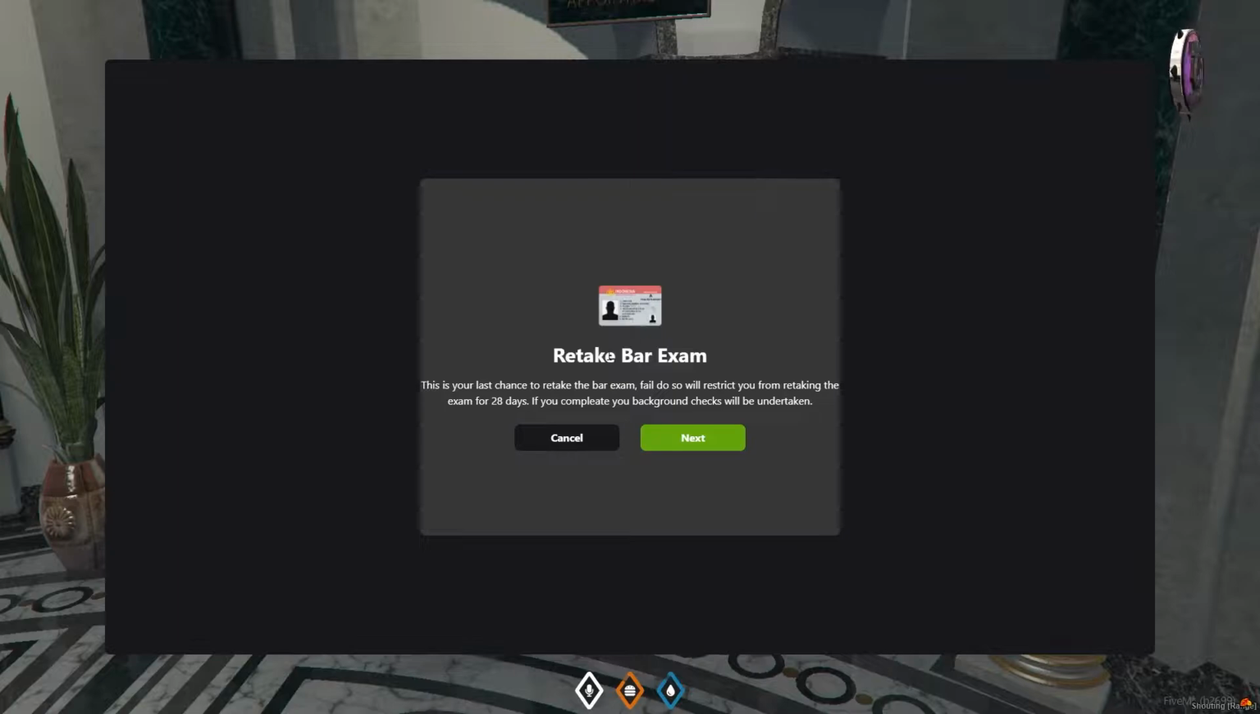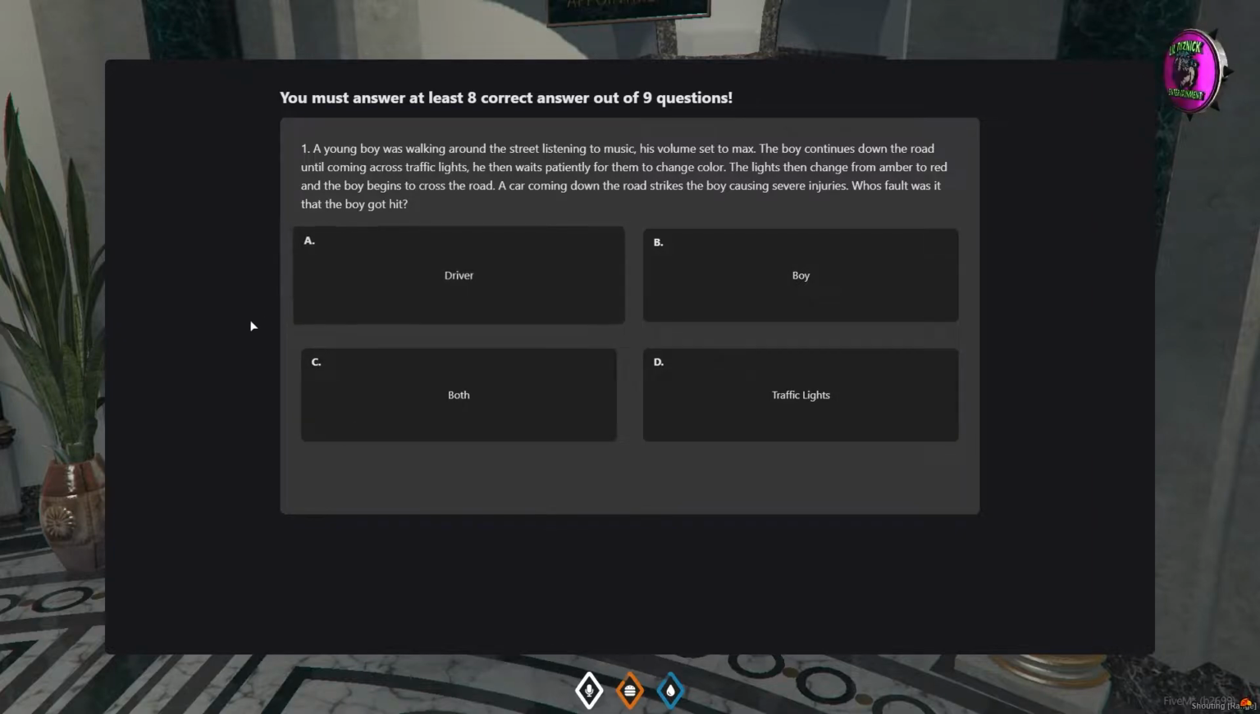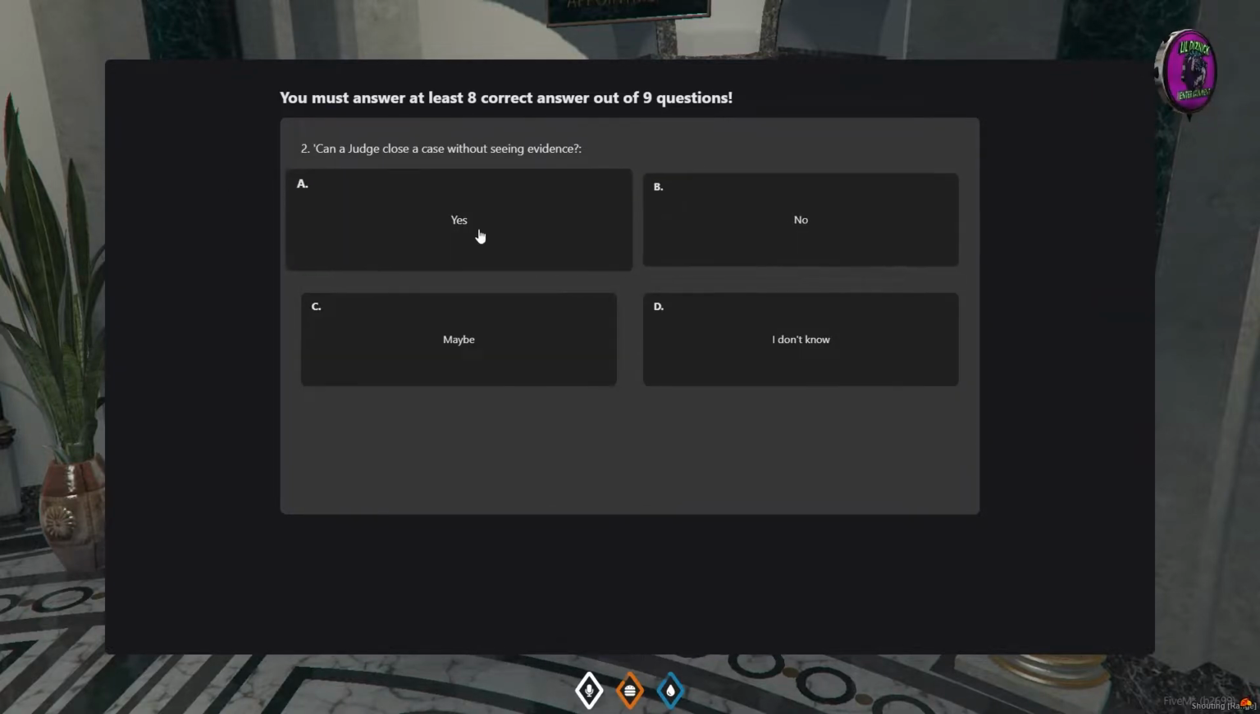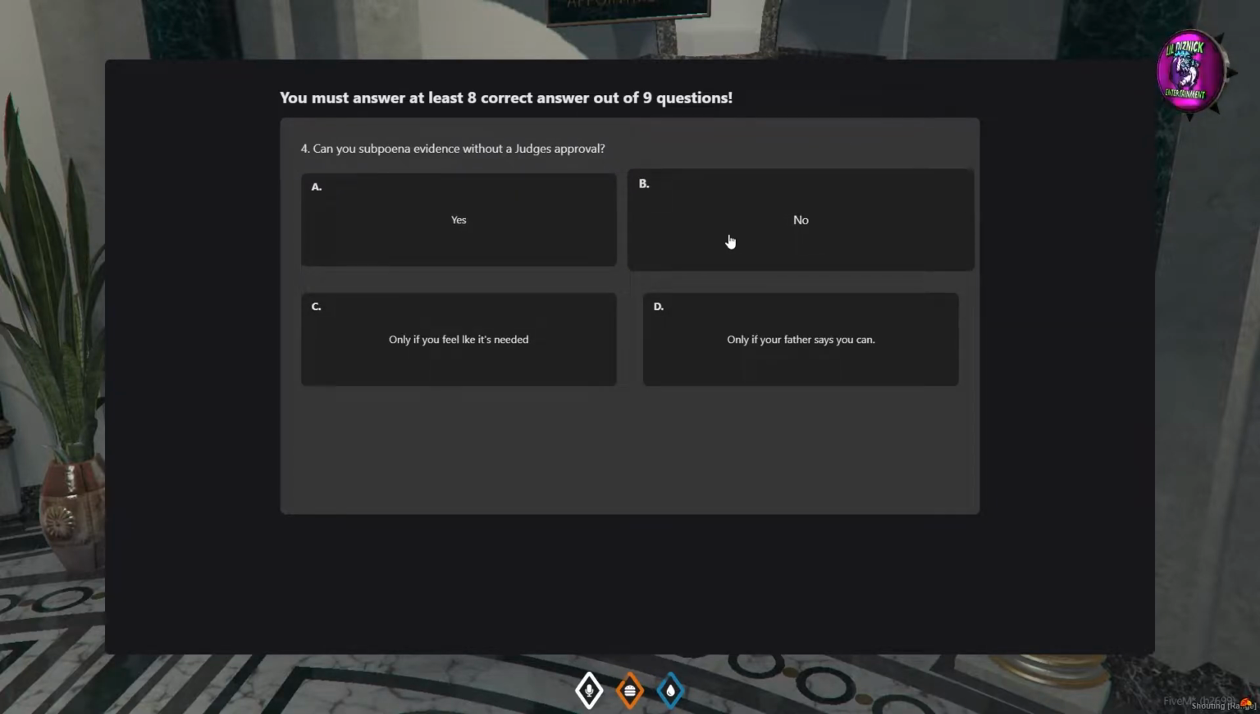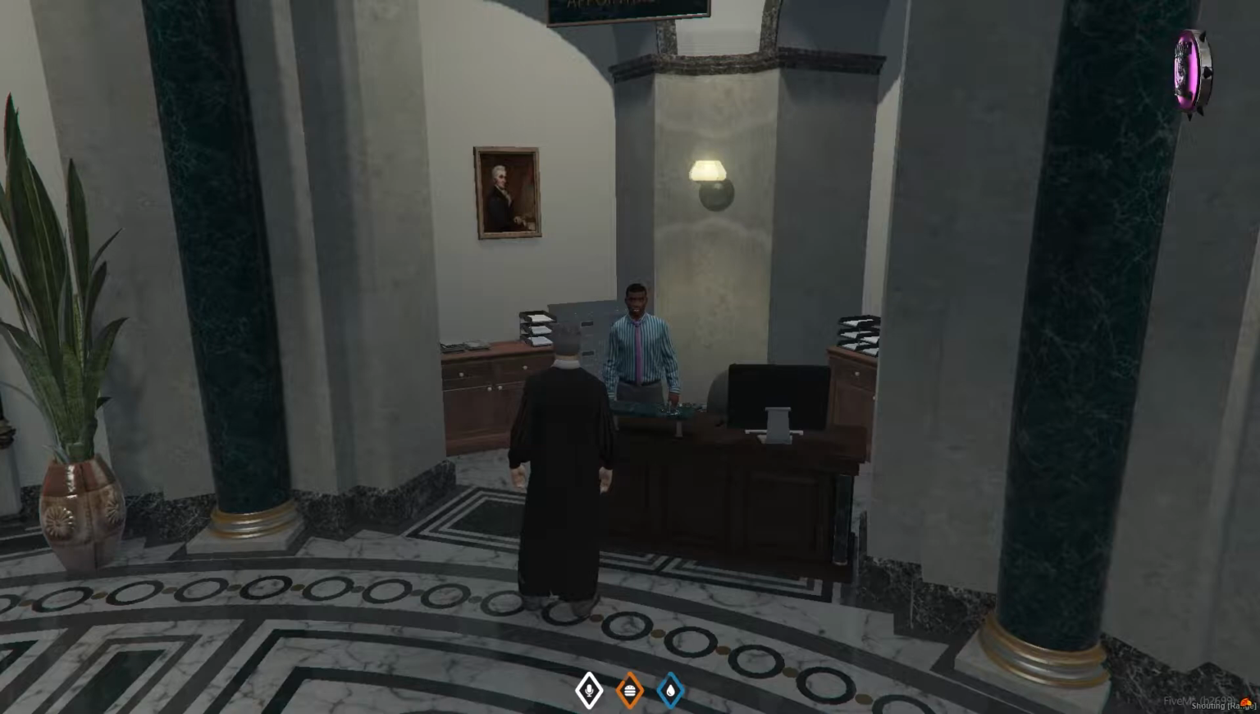And let's see, we're gonna take this exam here. I am retaking it because I failed it somehow on the last attempt that you guys are not gonna be able to see. So we are going to look here. All right. So we can see here